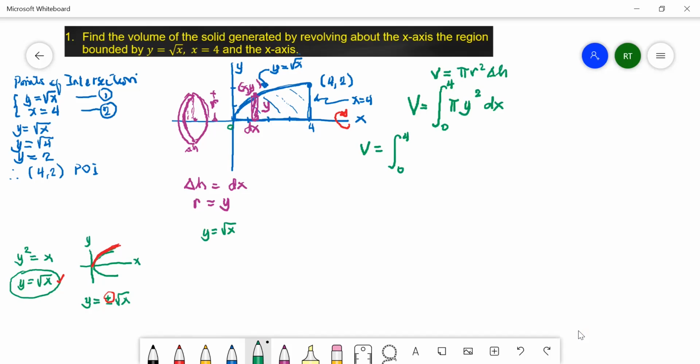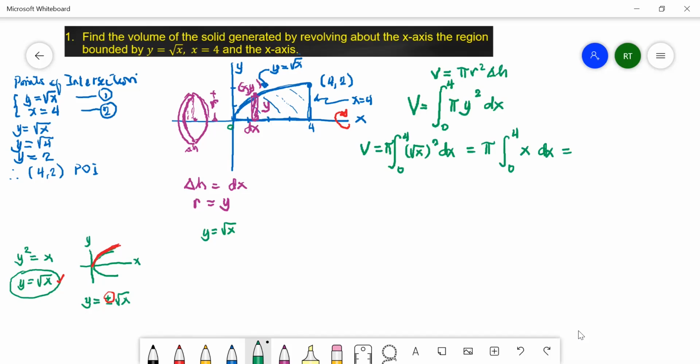Okay, so we have pi. We can write pi before the integral sign since it is a constant. Y is equal to square root of x. Just get the square of the square root of x, times the differential of x. So this gives us pi times the integral from the lower limit 0 to the upper limit 4 of the square of the square root of x, which is x, times the differential of x. And of course, we can easily